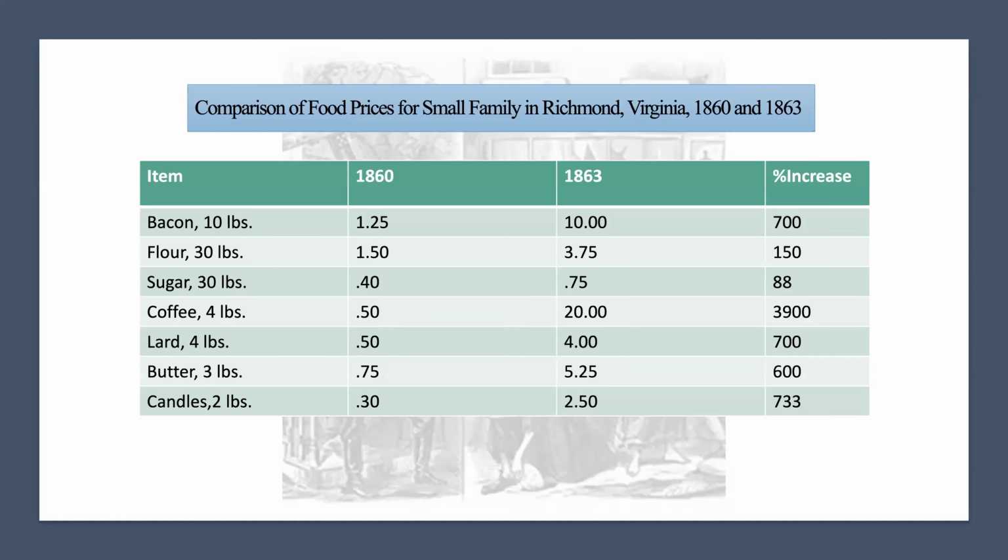And this is a chart comparing the food inflation from 1860 to 1863. If we take a look at bacon, from 1860 was $1.25, and 1863 it was now $10. It was a $9.75 increase that was very impactful. Again, soldiers were sending monthly allowance of $11, but if bacon is $10, you're only left with $1 to survive